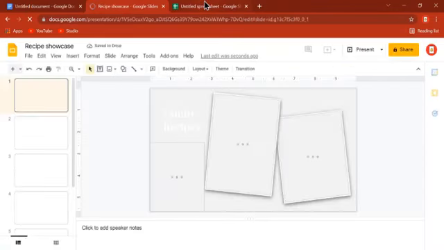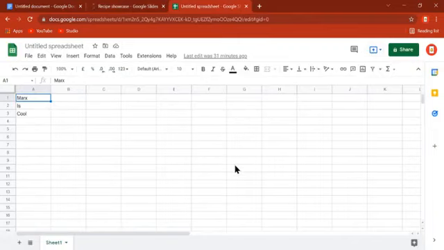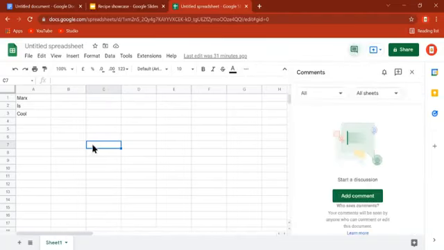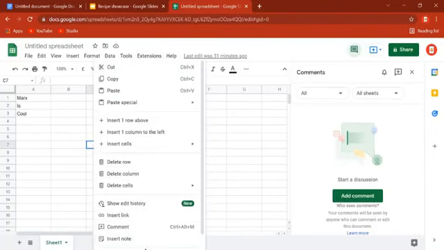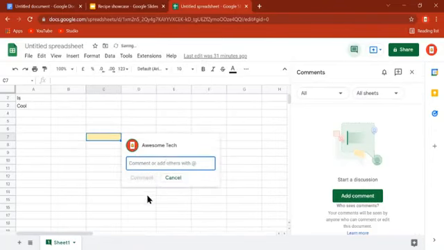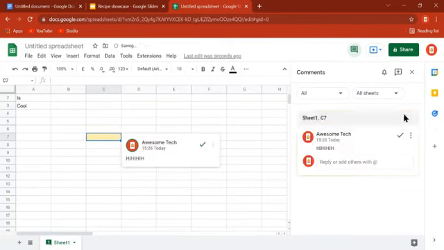Anyways, the last of these tips is comments, which you can put. You can comment on any cell, and yeah, comment, and it would show up in this bar.